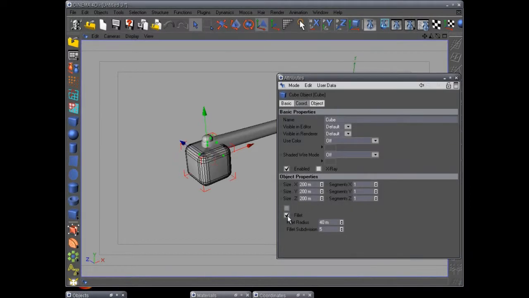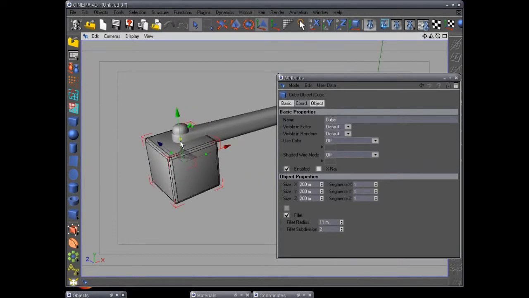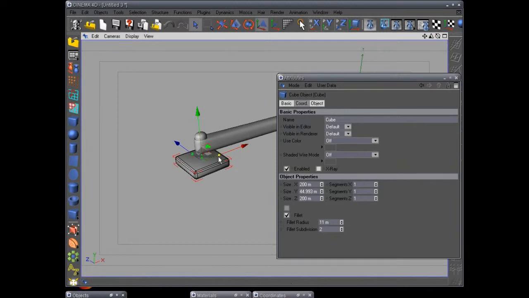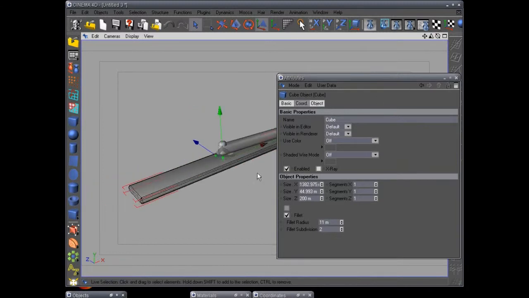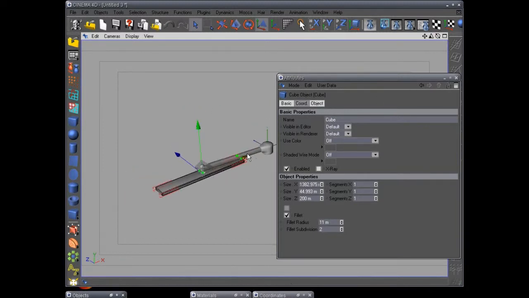Now we're just going to use the fillet, and we'll just drop this to 2. That's good enough. And then we want it close together on this, so go to right there. Then we want to scale it down to about right there. And then we want to scale it out. And they're short on this truck, so just go to where they almost touch the